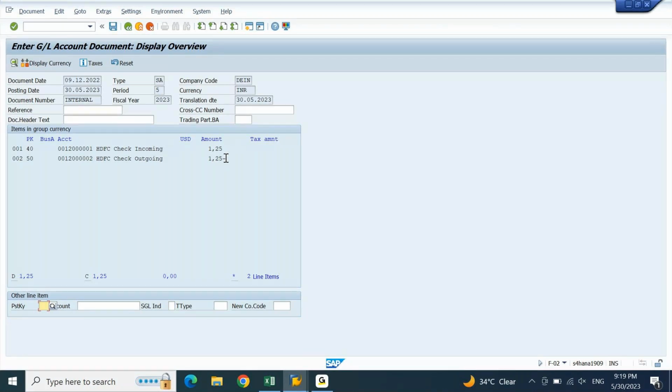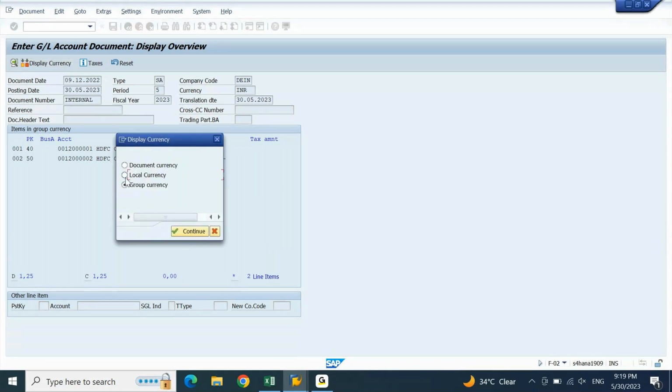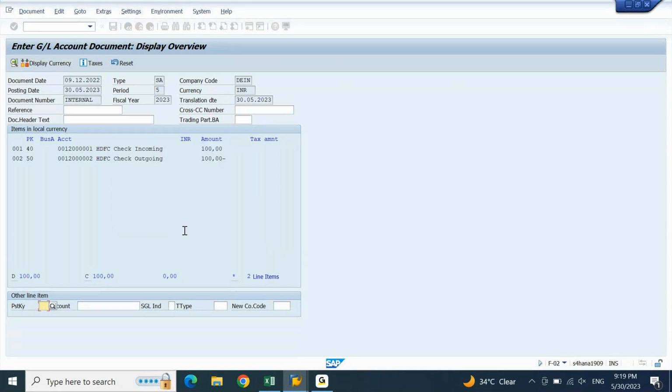This 1.25 is just the conversion of local currency, whatever I have given. I am not concerned about why 1.25 is coming. This is because of your standard SAP settings at the time of your baseline config. You decided your company is going to have two currencies, local and group currency.